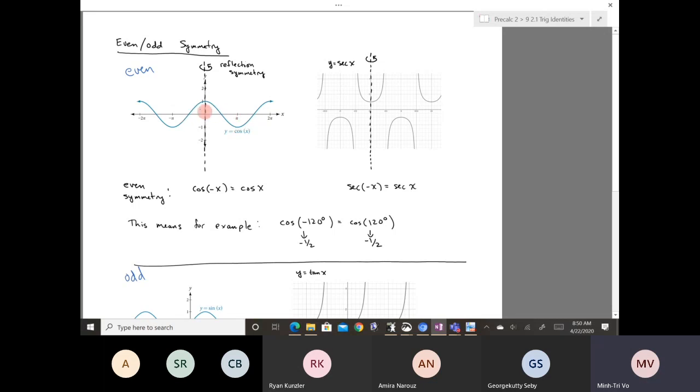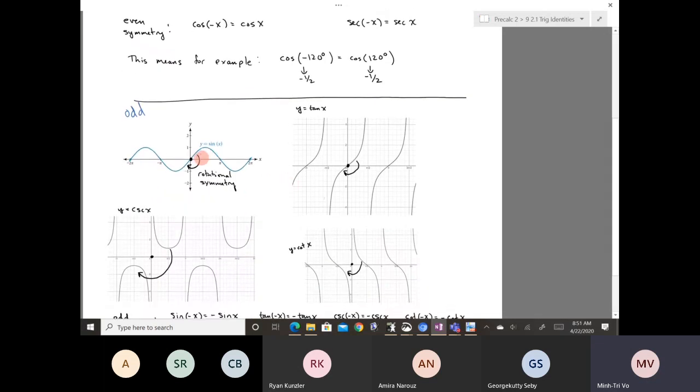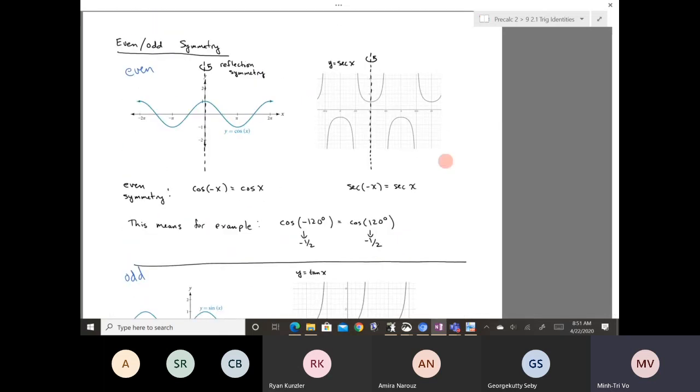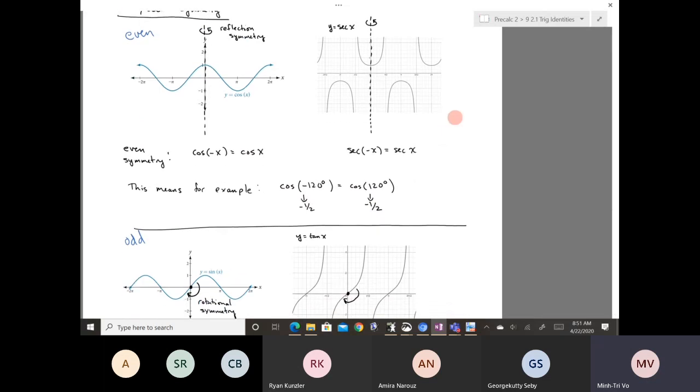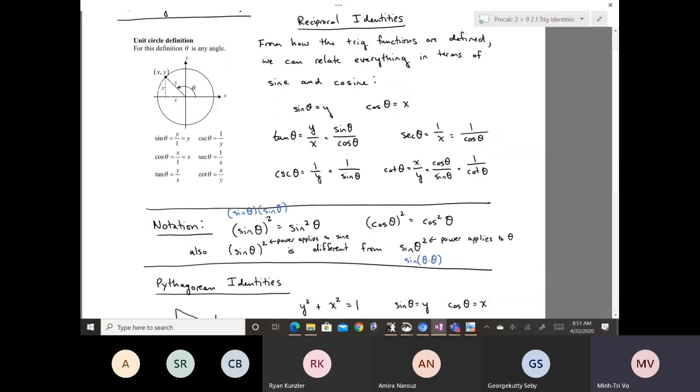So if you exploit the symmetry of the graph, you can understand the area in an easier way. Similarly here, the area here is the same as the area here, except this is right side up and this is upside down. But in any case, we don't use it all that much in this class. So for the purpose of this section, the main